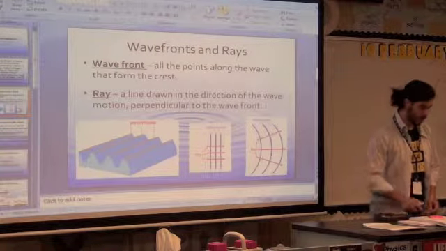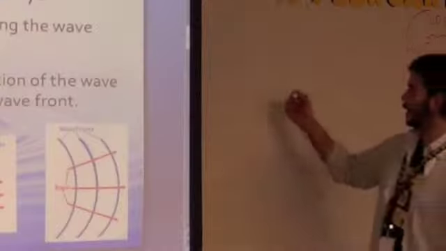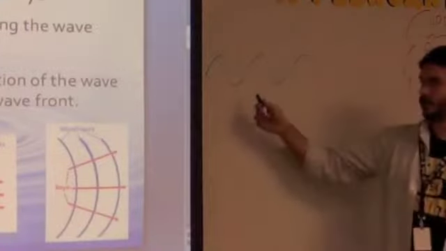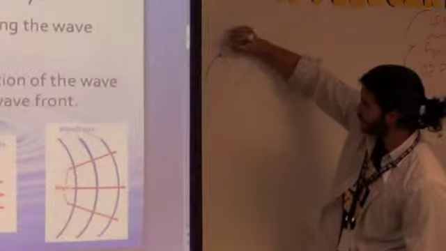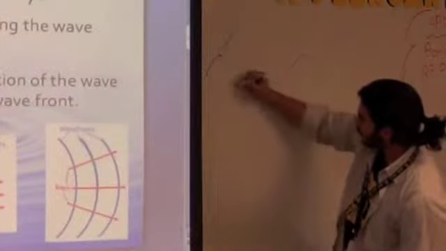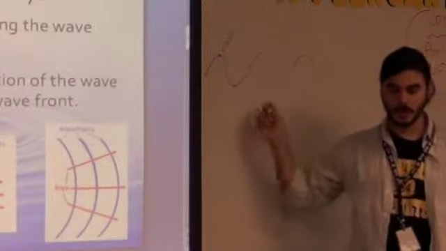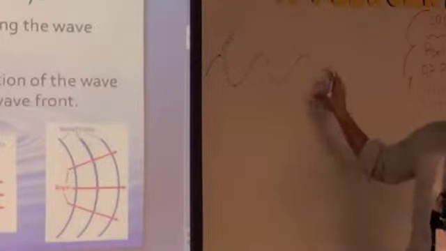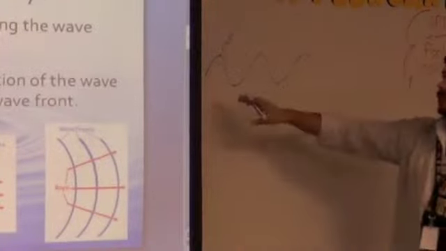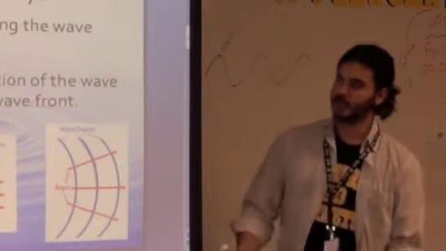You guys may have seen, or almost certainly will see in the future, waves drawn like this, and then you'll be labeling the different parts. Like the top up here is called the crest, and the bottom down here is called the trough, and so on. We're not getting to those terms just yet, so this is not going to be helpful for these terms. Rather than a cross-sectional view of the wave here, you need to be looking at the wave as